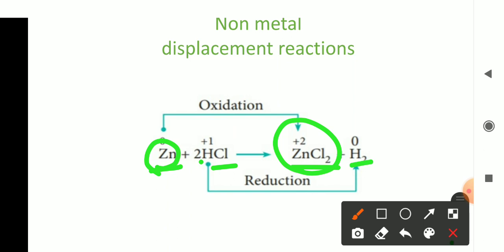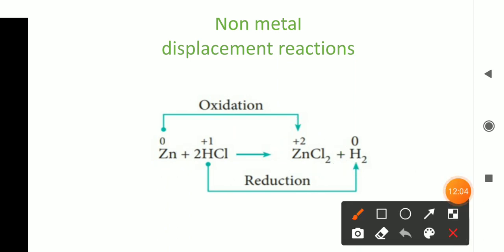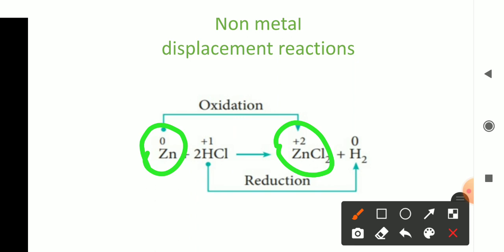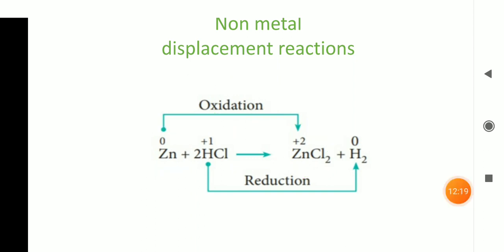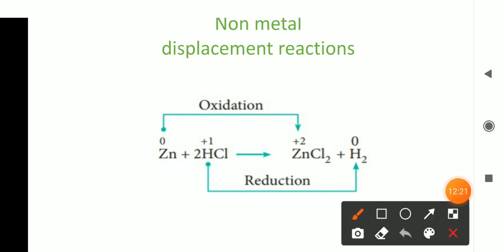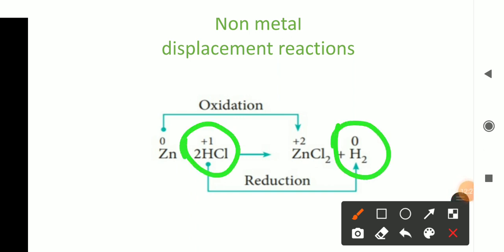Okay, and here also both oxidation and reduction are seen. Look here, in the reactant side the charge of zinc is 0, whereas in the product side the charge of zinc is +2. So there is an increase in the charge. An increase in charge is termed oxidation. Likewise, in the reactant side the charge of hydrogen is +1, whereas in the product side it is 0. So there is a decrease in charge, and it is termed reduction. Okay, so in the same reaction both oxidation and reduction are seen, and so it is an example of a redox reaction.